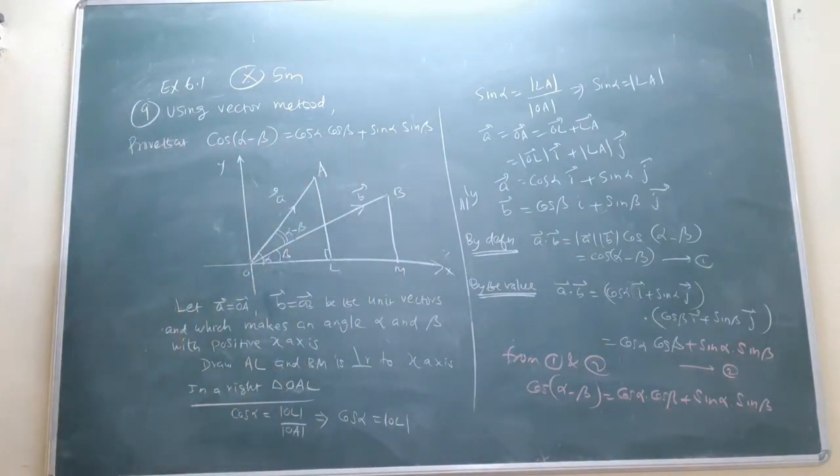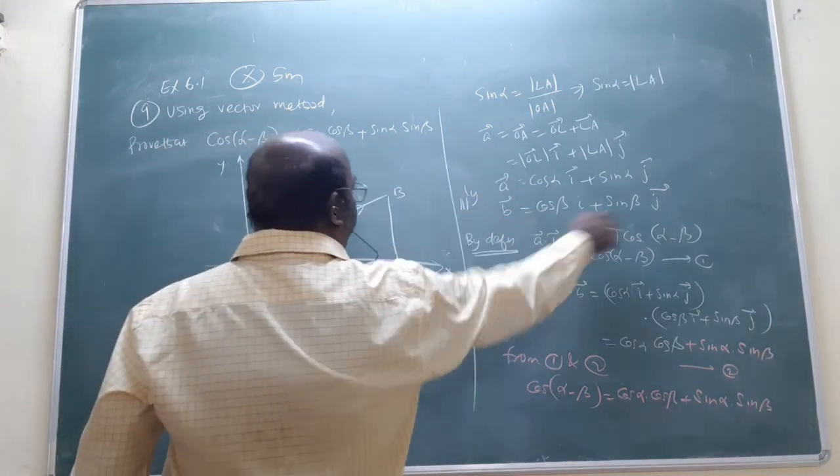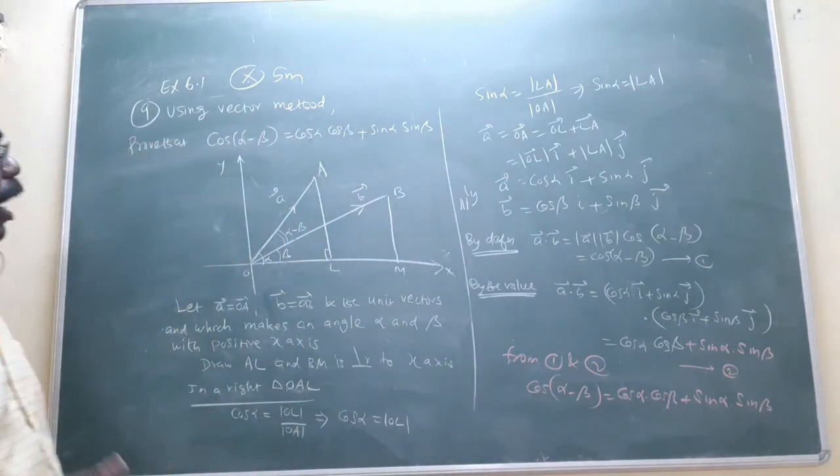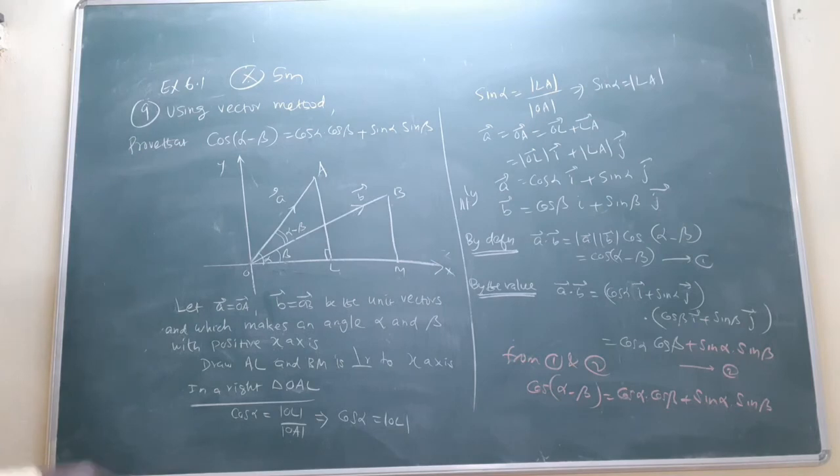A small change only. Up to the diagram, the A vector and B vector are the same. But for cos, they ask to put the dot product of A and B. Next is what? Cross product. That is the difference between cos(alpha minus beta) and sin(alpha minus beta). We have this problem, then cos(alpha plus beta) also is there. So cos(alpha minus beta), sin(alpha minus beta), cos(alpha plus beta), sin(alpha plus beta). Total 4 problems are there. The 4 are more or less the same, but very, very important 5 mark questions.